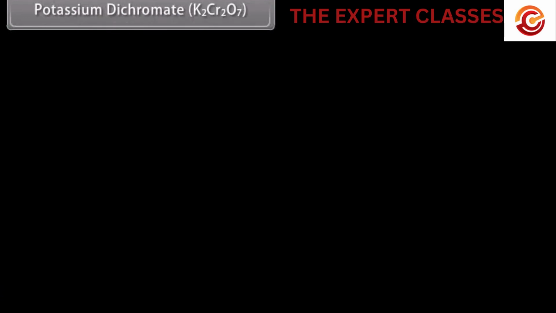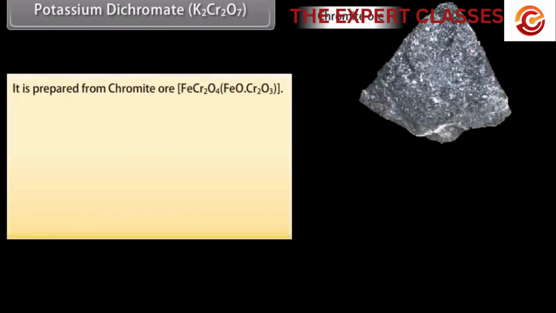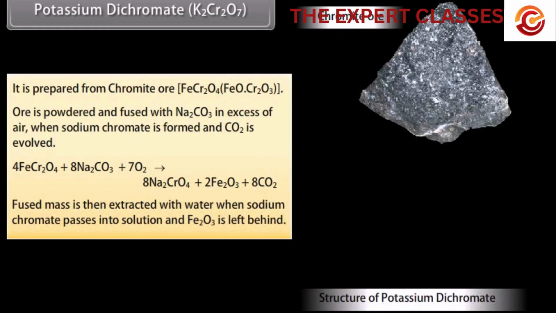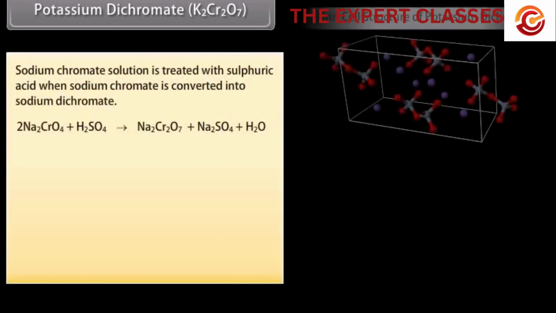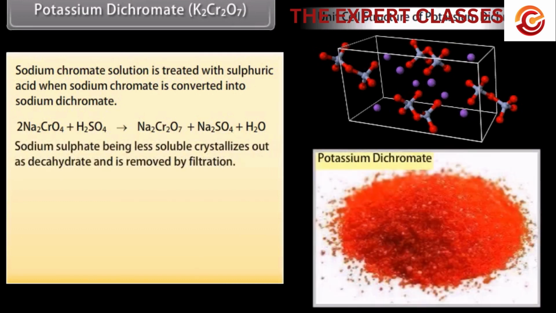Potassium dichromate, K2Cr2O7. It is prepared from chromite ore. Ore is powdered and fused with Na2CO3 in excess of air when sodium chromate is formed and CO2 is evolved. Fused mass is then extracted with water when sodium chromate, being soluble in water, passes into solution and Fe2O3 is left behind. Sodium chromate solution is treated with sulfuric acid when sodium chromate is converted into sodium dichromate. Sodium sulfate, being less soluble, crystallizes out as